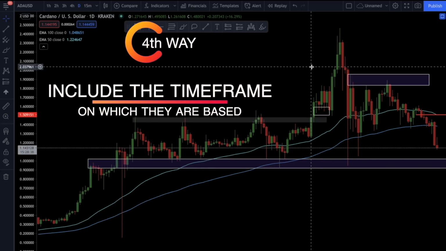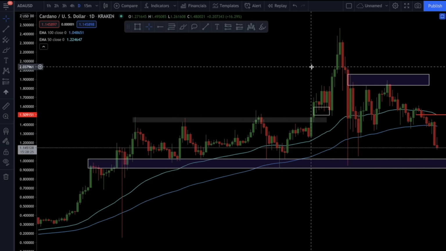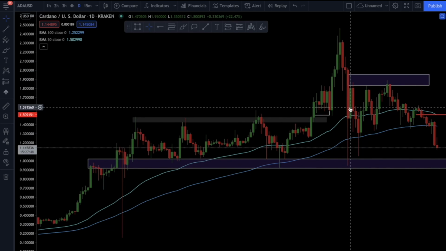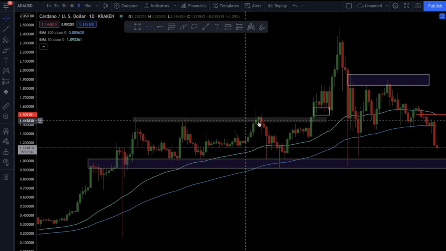The fourth way is something which is a very common mistake that a new trader makes. He spots a support and resistance on a higher time frame and then goes to the smaller time frame in order to look for a better entry, or let us say an entry with a high risk to reward ratio. Now this may help him sometimes, but it causes a lot of problems in the long run. The problem is that the price sometimes gives a fake breakout and then drops back inside. Like over here in this example,